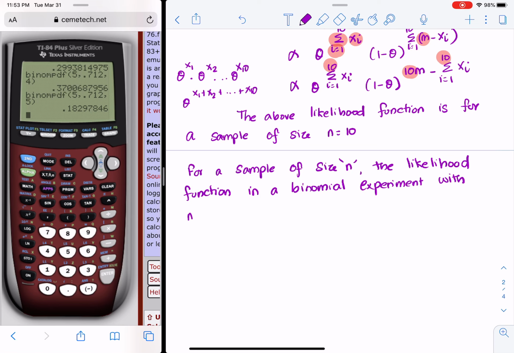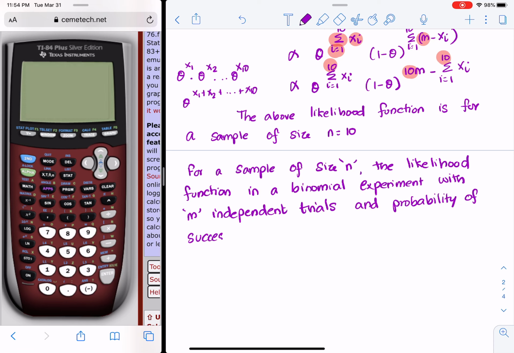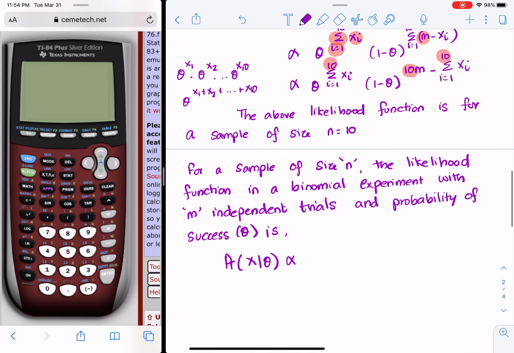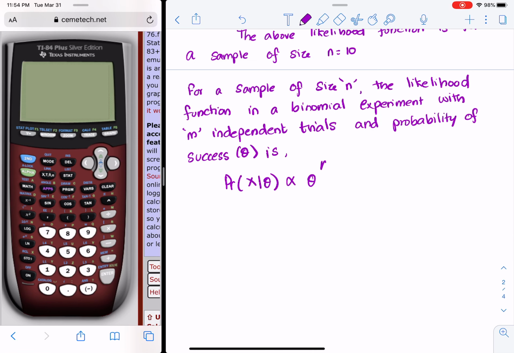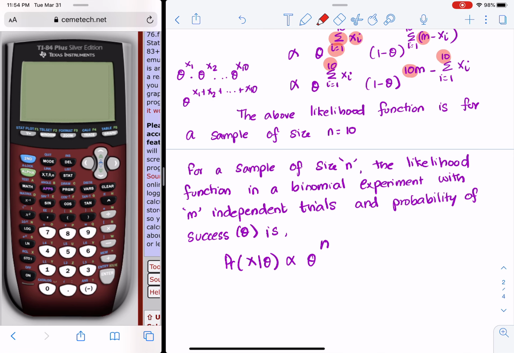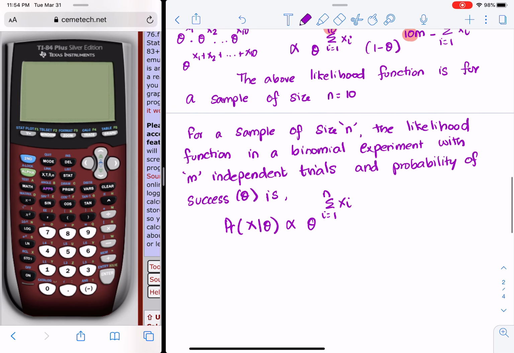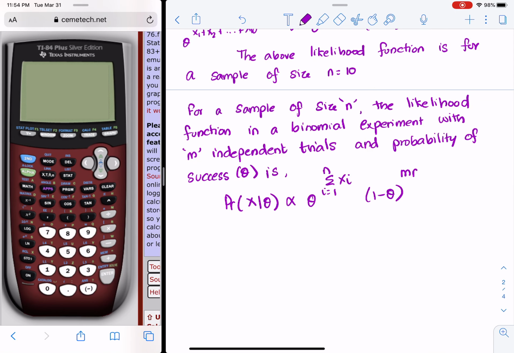with m independent trials and probability of success theta is the probability of x given theta, so it's proportional to theta raised to the sum i equals 1 to n of xi, times 1 minus theta raised to m times n minus the sum i equals 1 to n of xi. But we know